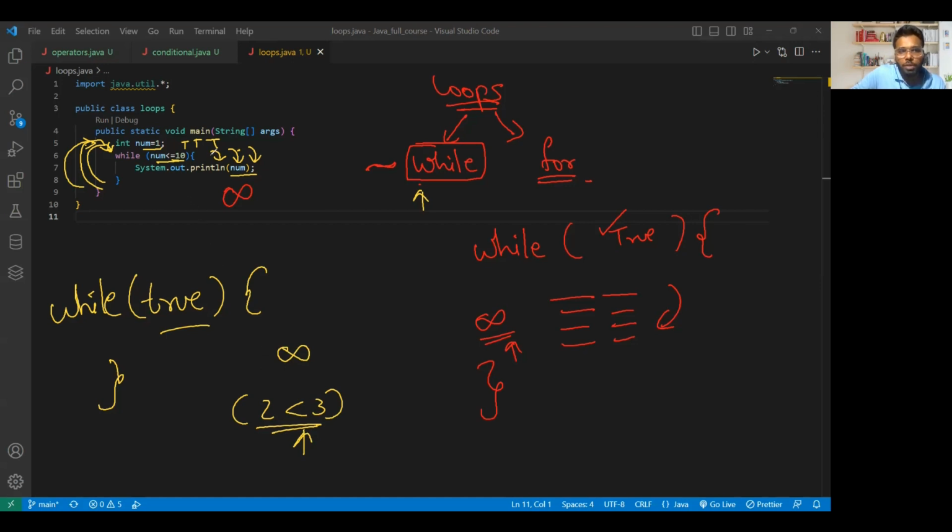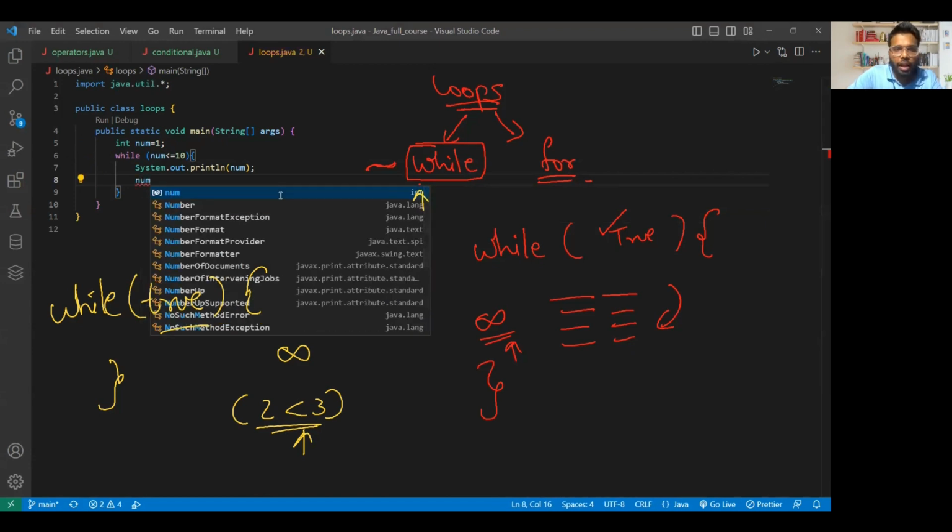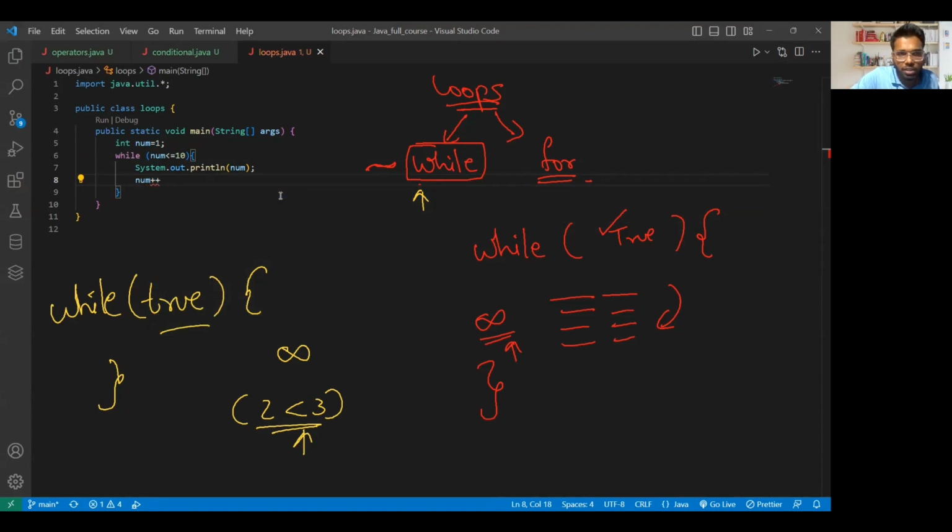Clear? Now, to stop this loop or to make this loop work properly, I'll just update my num so that there will be a point where num will be equal to 10. And once it is equal to 10 or greater than 10, then our loop will stop. And for this, I'm using the arithmetic operator. Inside that, I'm using the unary operator, that is num plus plus. Okay, and if you see, I got an error. I'm sorry, I didn't give the semicolon. And if I run it,